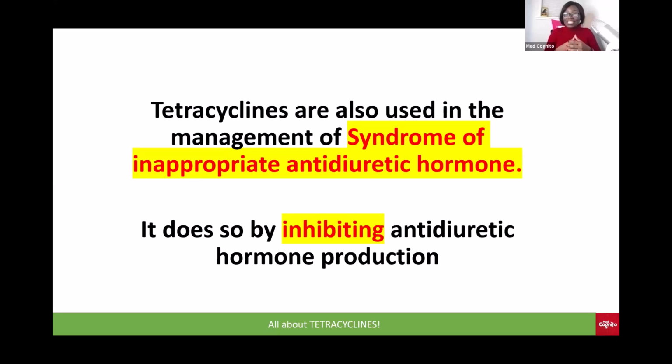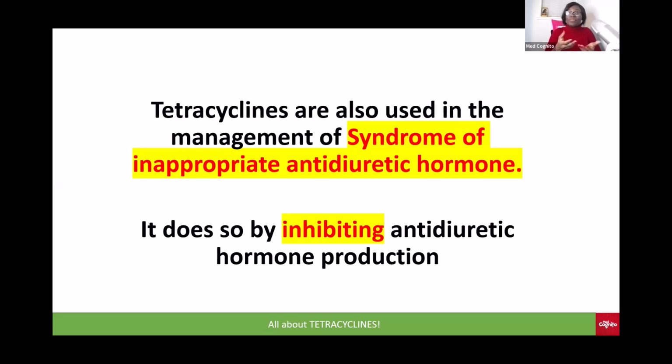But one interesting thing is that tetracycline will cause you to pee more. So for the client who cannot pee, we give tetracycline, and that type is demeclocycline, and it helps the clients to now pee. Demeclocycline helps the clients to pee because the side effect of demeclocycline is that it will help you to